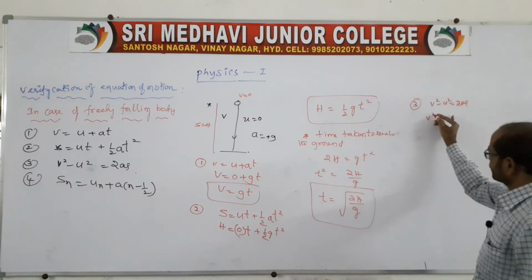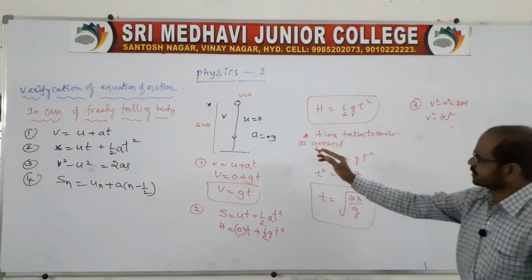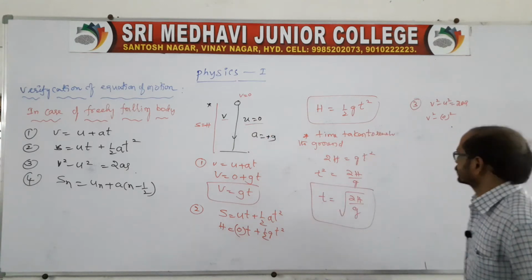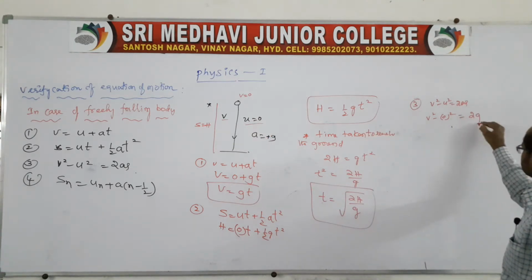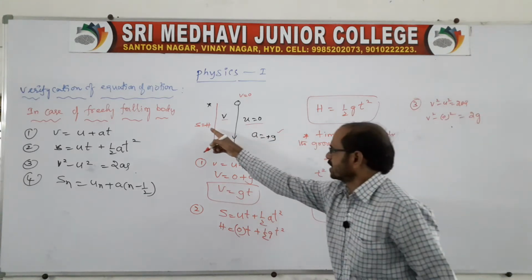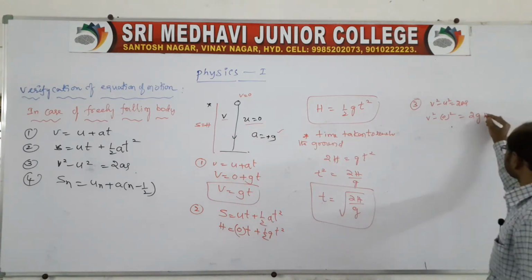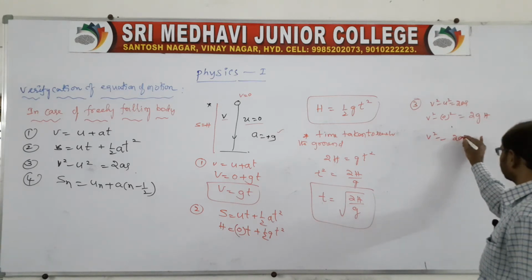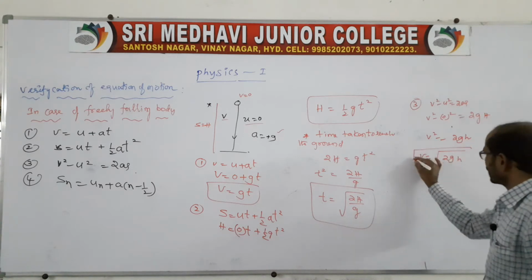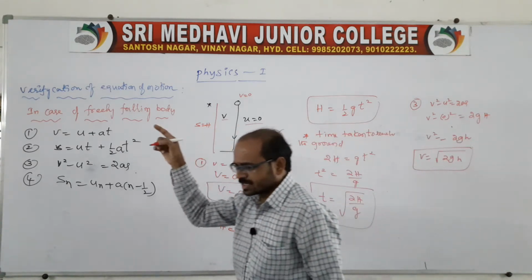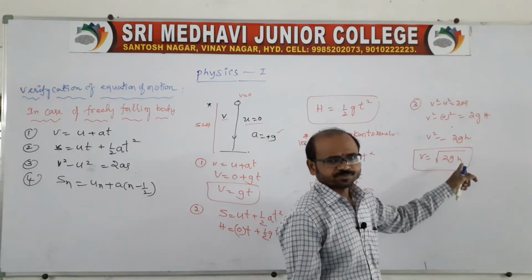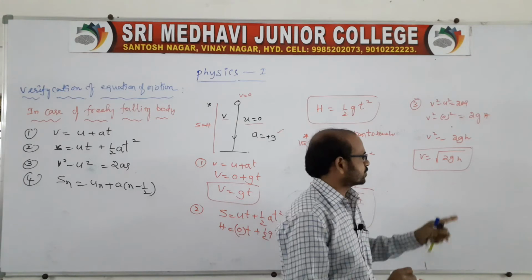In this, v square, here freely falling, u is 0, and the body falling with velocity is v. So that it is equal to 2 into g, because a is equal to g, under gravity it is falling, and it is coming from which height? H. So, here you write capital H. So, v square is equal to 2gh and v is equal to root over 2gh. The body falling under gravity is falling with a velocity of how much? v is equal to root over 2gh.